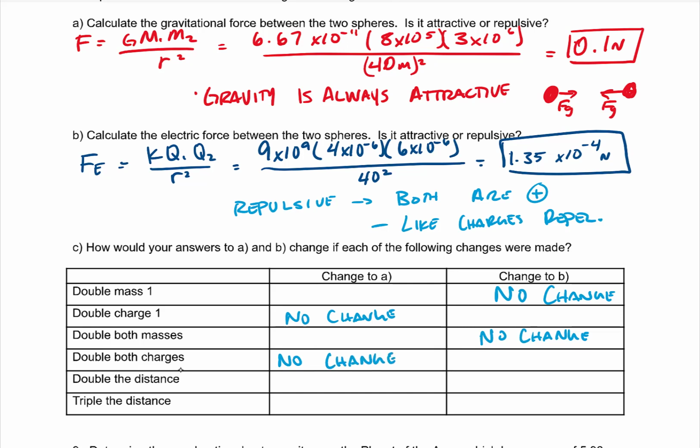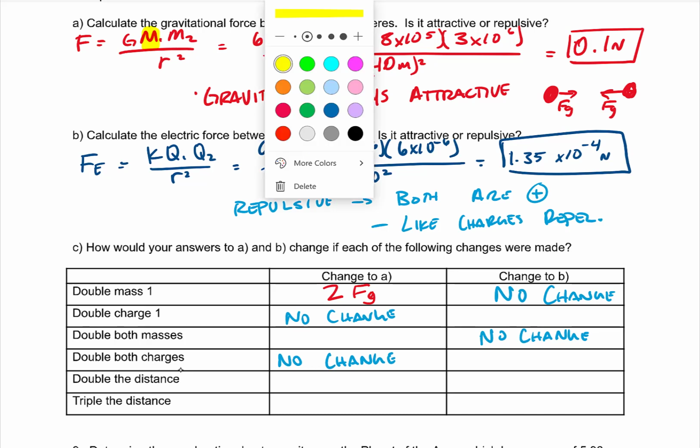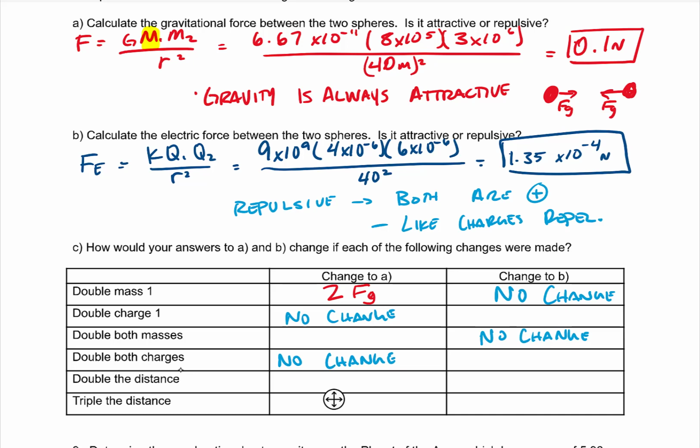So if I double mass 1, I'm going to highlight that. If I multiply that by 2, I am going to double the gravitational force. No change to the electric force. If I were to double charge 1, charge 1's right here. If I were to double that, I would double the electric force, so twice the electric